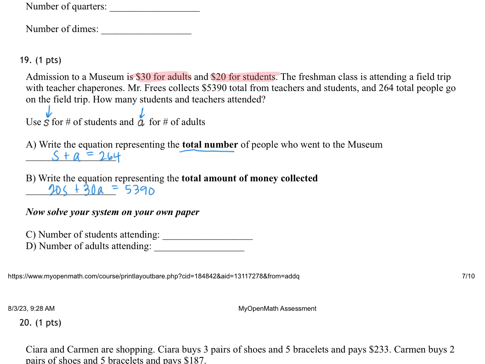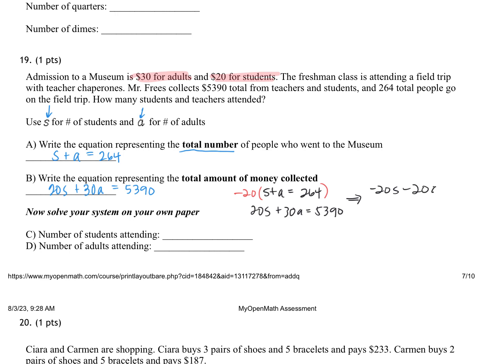Now you want to solve your system. So you would write down your system of equations, or you could do a matrix, or you could do elimination or substitution. I would probably do elimination. So we'd have S plus A equals 264, and 20S plus 30A equals 5,390. I would want to eliminate the S, so I would be multiplying the top equation by negative 20. So that would give me negative 20S